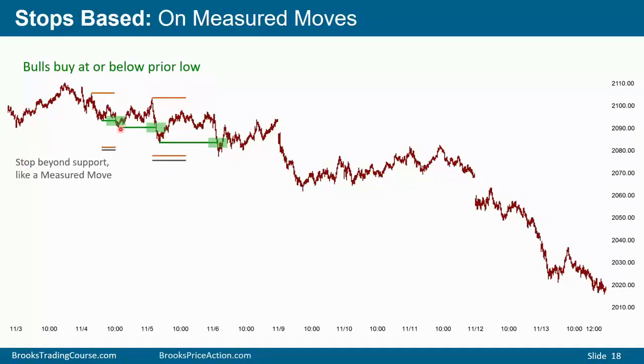Same thing here. The market reversed up. Theoretically, it could have formed a double bottom here and rallied above the neckline of the double bottom for a measured move up. If instead it falls, the bears will look for a measured move down. It's in a stairs pattern, so the bulls assume that it will not fall for the measured move down, and instead that there'll be buyers at or just below that low. So they'll buy with a limit order at that low, get filled here, and put a stop a little bit below the measured move target. Same thing here. You can see it got very close to the stop, yet it still reversed up.